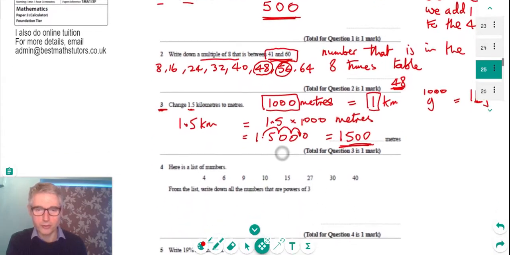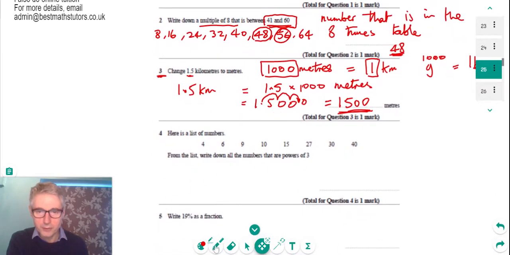So now we're going to look at question 4. We've got a list of numbers here, and from the list, write down all the numbers that are powers of 3. So a power of 3,